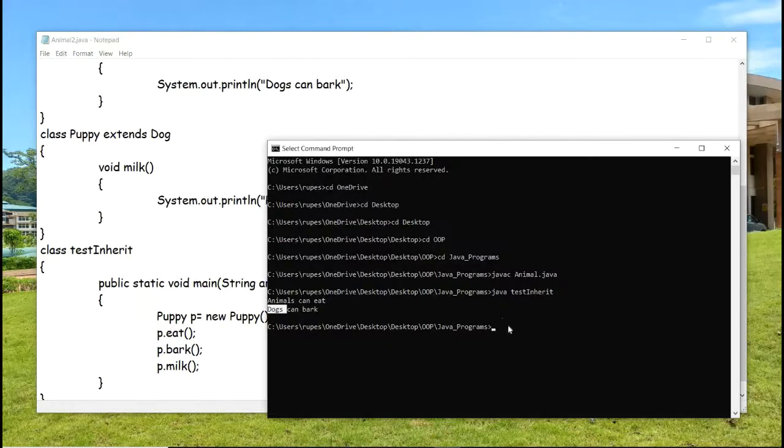Let me open the command prompt again. So I will be calling animal2.java. Let me run this program with Java, calling the class in which the main method is there. The test inherit class has the main method.